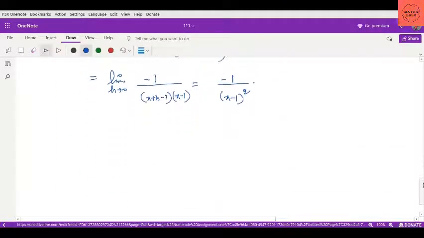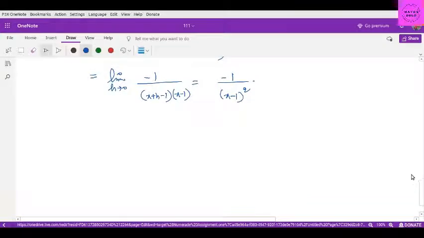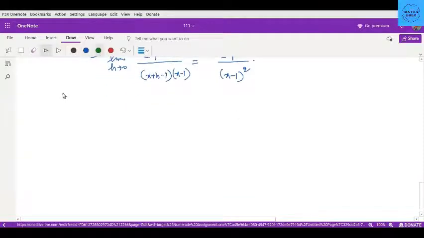This is the first principle of differentiation, that is, we assume there is an increment in the variable that is replaced by x plus h, and we solve the problem. But in the coming lectures, we will be seeing that we have some other shortcut ways also to find the derivative. Now, continuing with the lecture, we have the second topic, that is